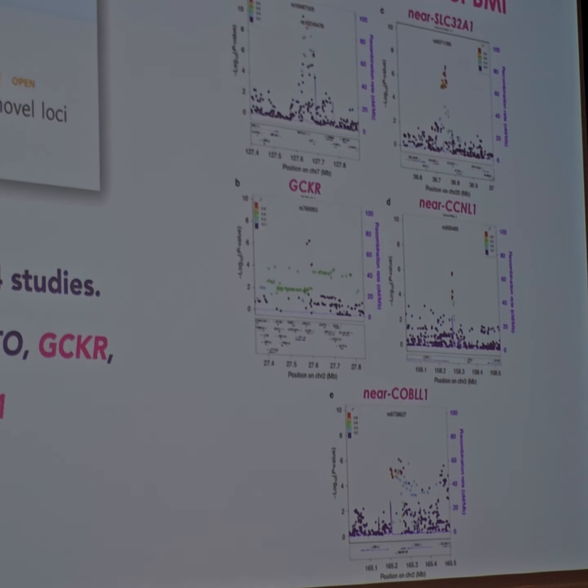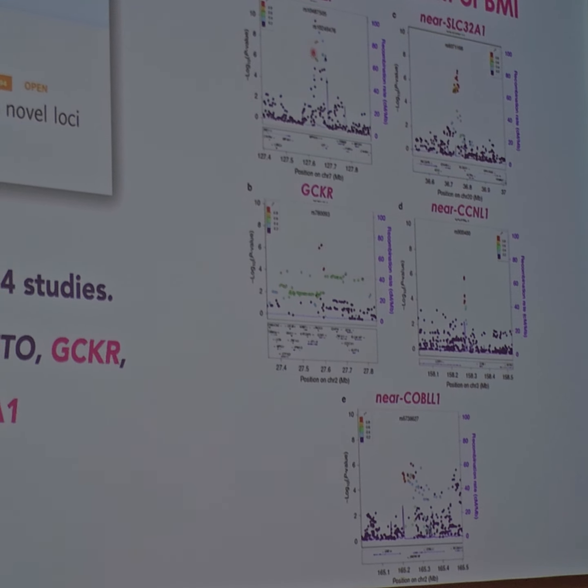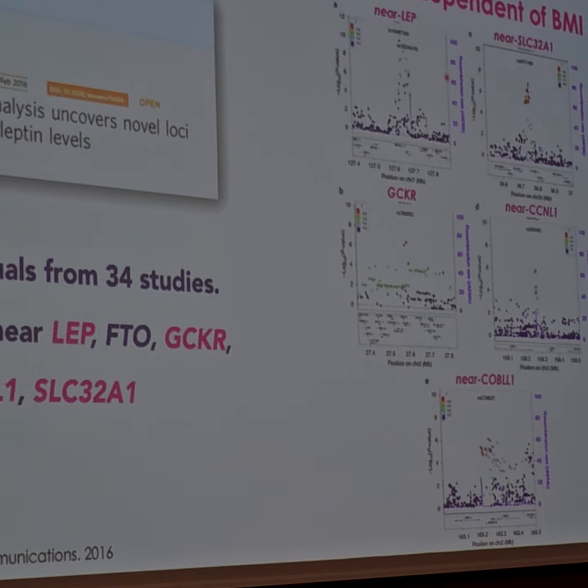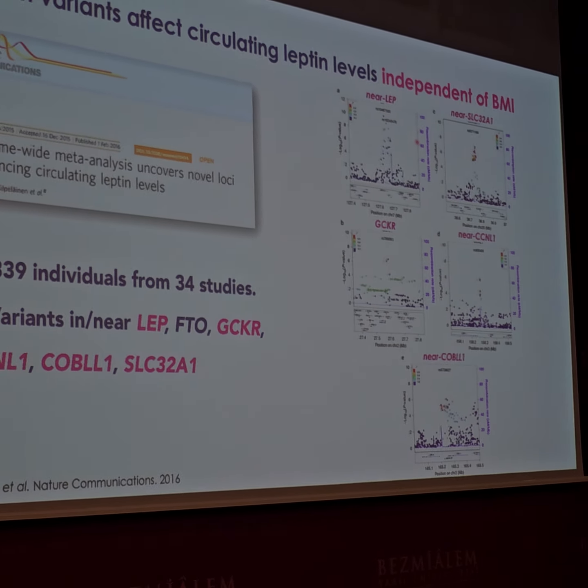When we made the discovery, we did not do much about the leptin locus because we thought, okay, we know that leptin is going to be the causal gene. It would be weird if it's another gene. But then a few years after,